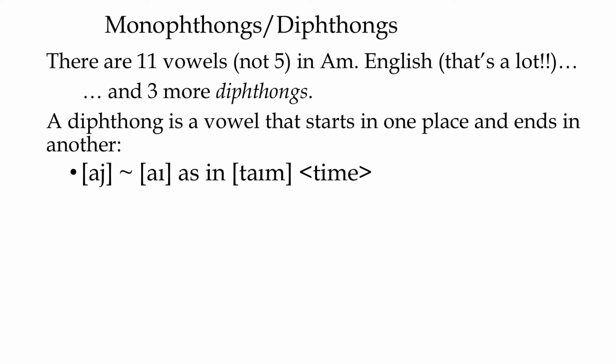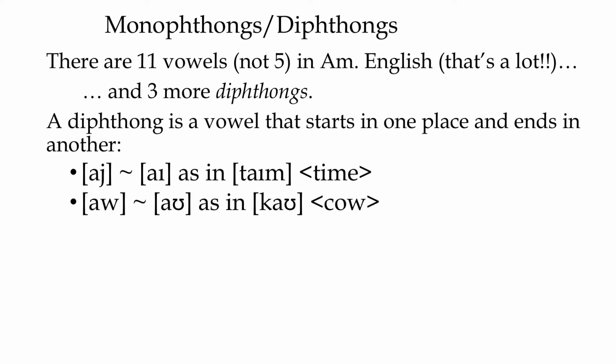And in English, a lot of times these diphthongs are indicated with that silent E at the end of the word. Another diphthong we have is cow, which could again be a full W sound, like cow with a W, but most of the time it's just A to that hook-shaped vowel, cow, ending at that ow. So we have /aɪ/, /aʊ/, and the other one we have is /ɔɪ/,